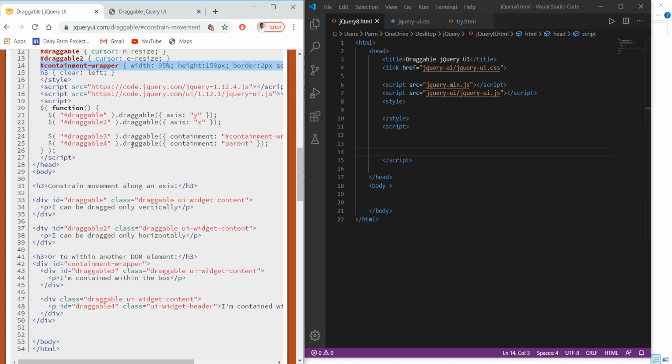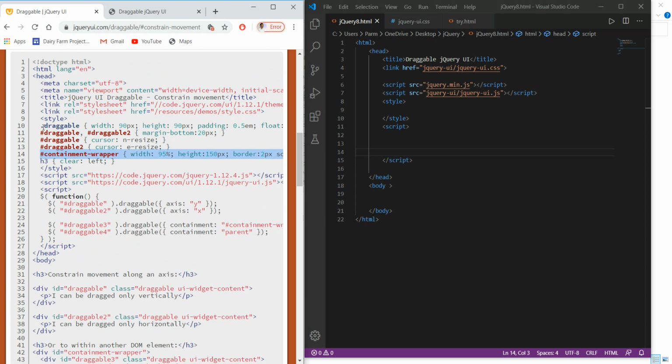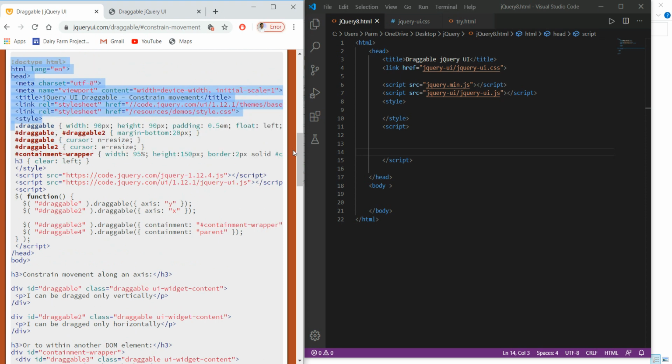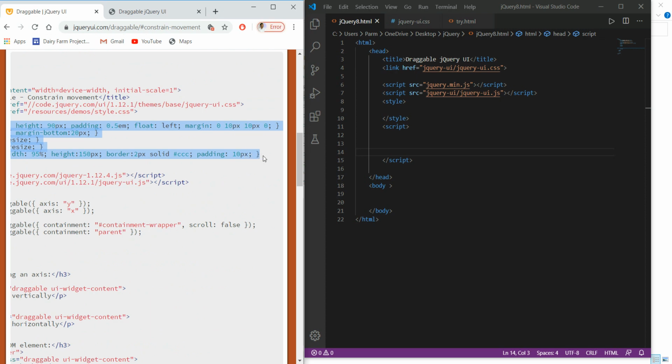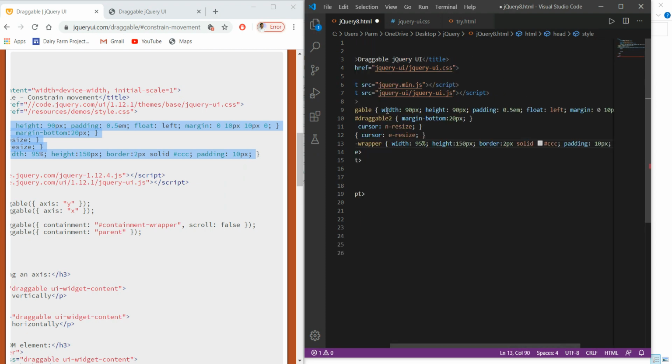So how can we do this in our program? We simply copy this style sheet from here, and paste it here.